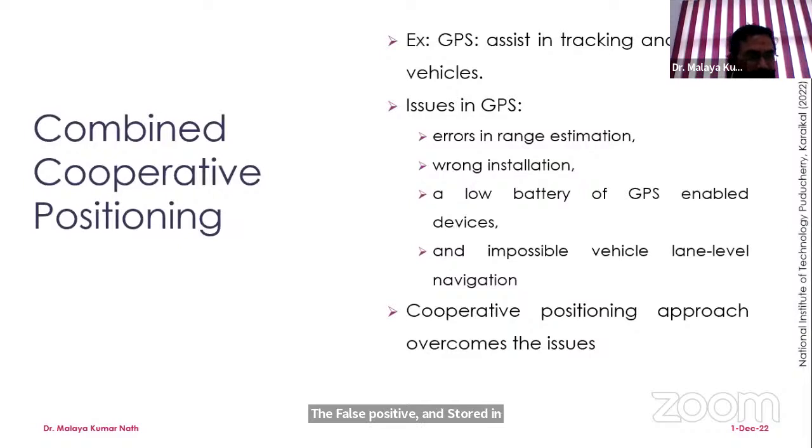Next we can talk about combined cooperative positioning. Basically, the global positioning satellite is popularly used for tracking as well as tracing of vehicles. If we look into the issues associated with the global positioning satellite, there are errors in the range estimation. There may sometimes be wrong installation, sometimes a low battery of the GPS enabled devices, and